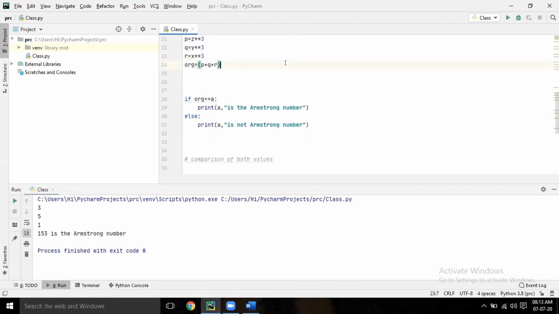So now P equal to Z to the power cube, Y to the power cube, X to the power cube. Okay, now done.